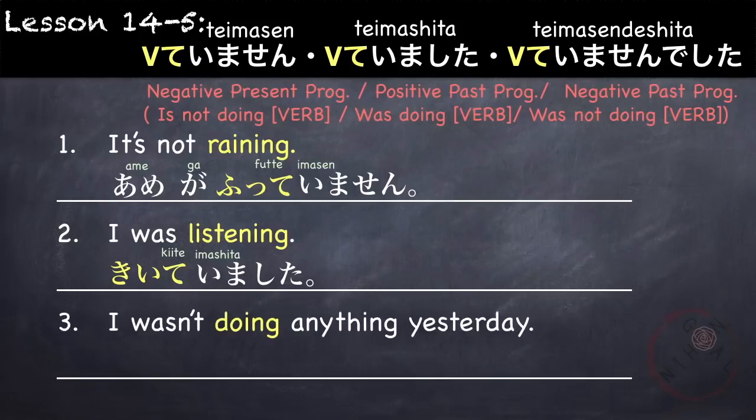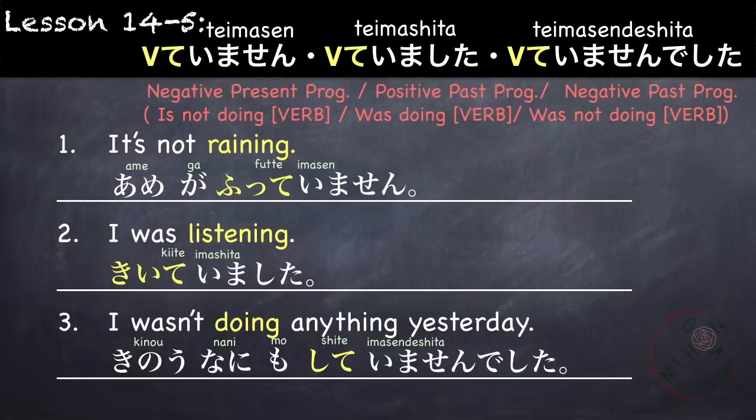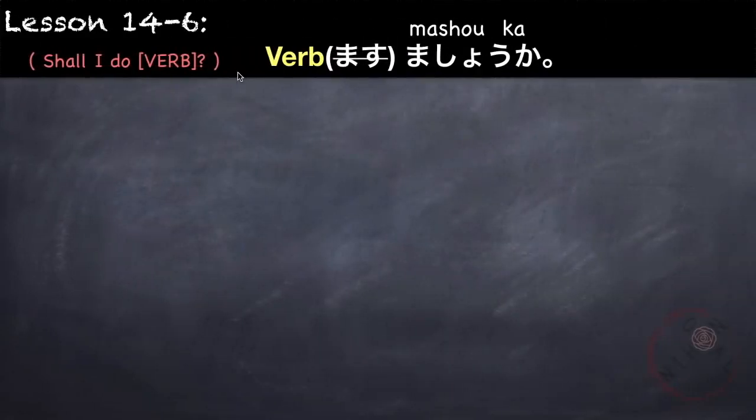Next is I wasn't doing anything yesterday. This is a negative past progressive sentence. Was not doing verb. 私は昨日何も so nothing or anything していませんでした。昨日何もしていませんでした。